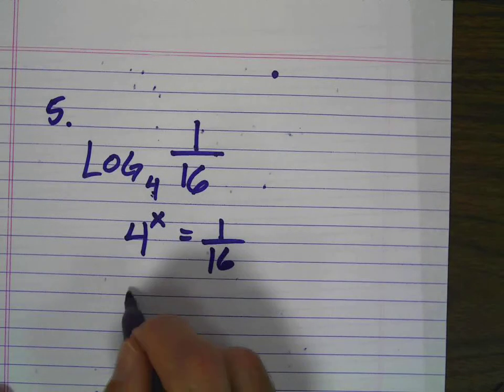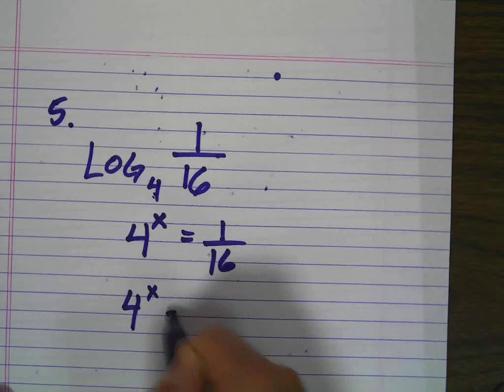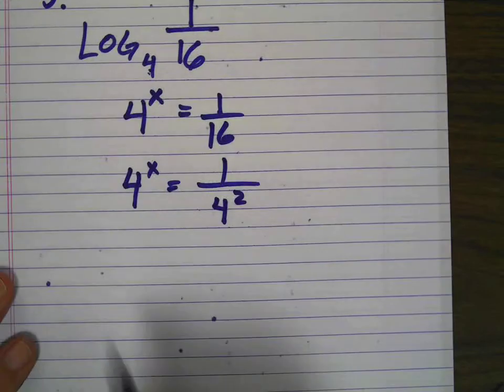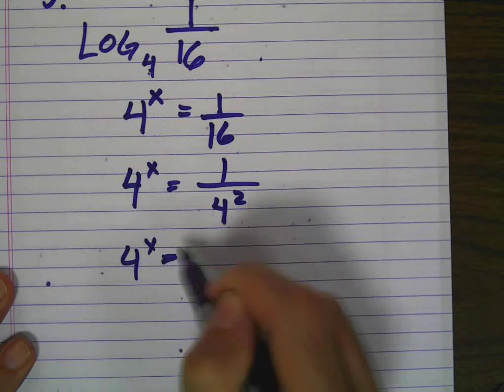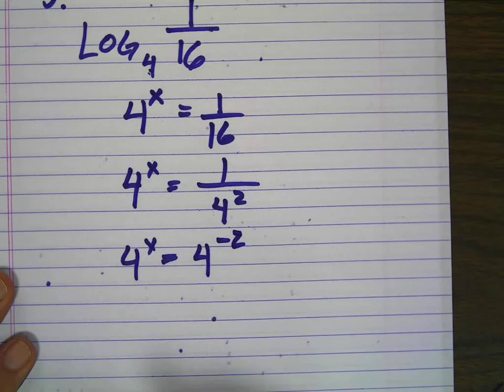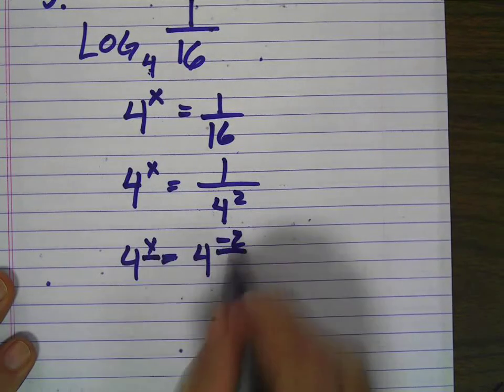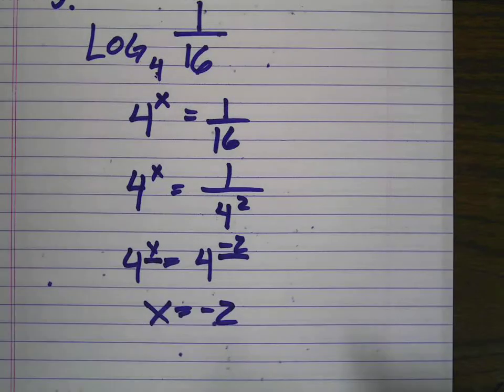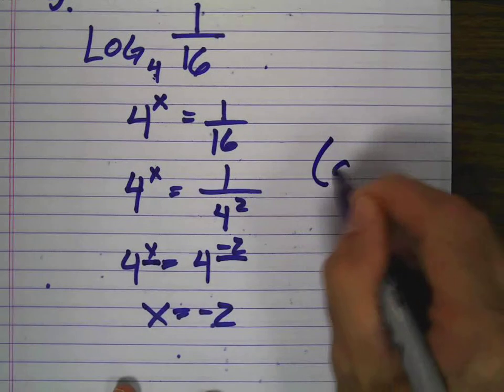1 over 16 is the same as 1 over 4 squared. And 1 over 4 squared is the same as 4 to the negative 2 power. So we can equate exponents and say that x equals negative 2, which is